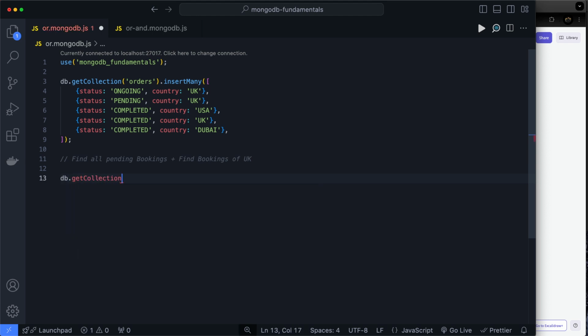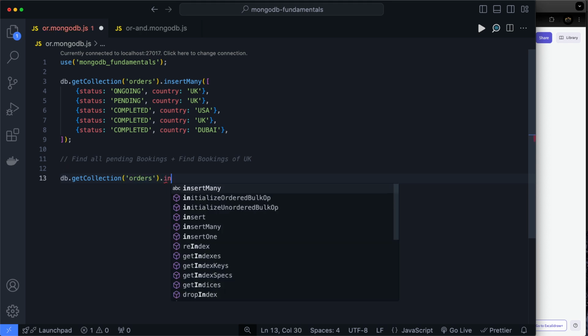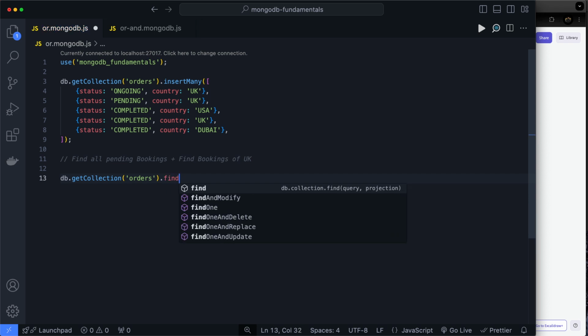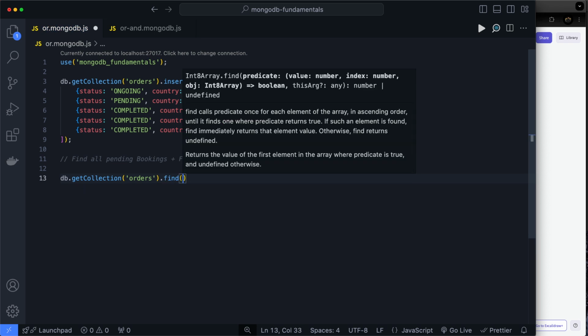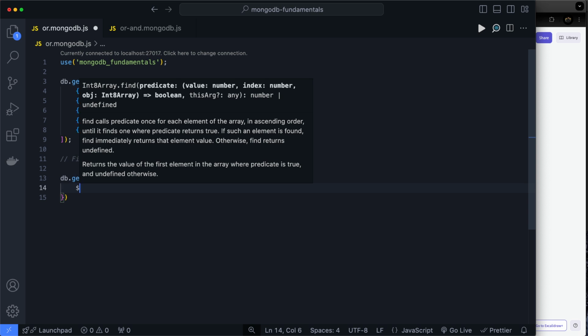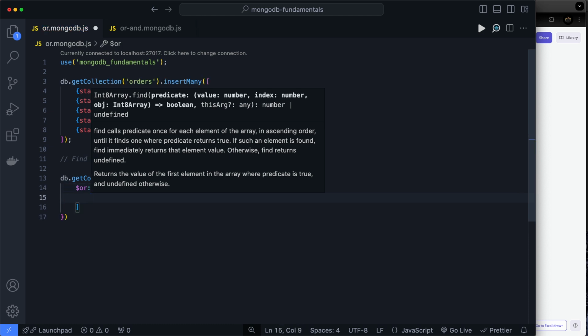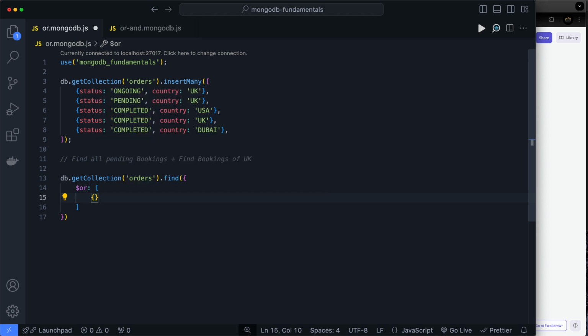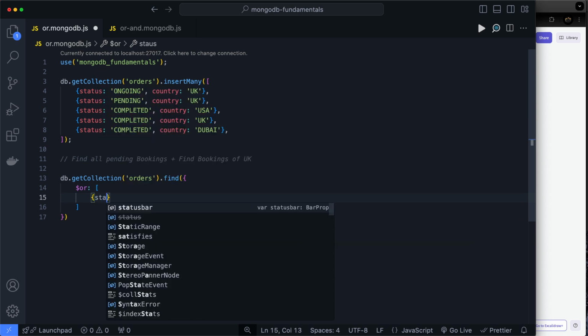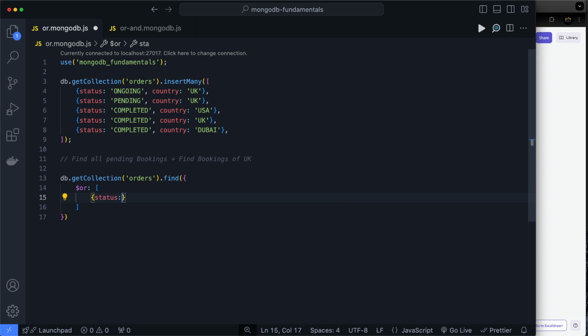db.getCollection orders, not an insert. I want to fetch all the bookings. Here you use the OR operator. If you want to use the OR operator, you need to provide the array and your first criteria object, status should be pending,